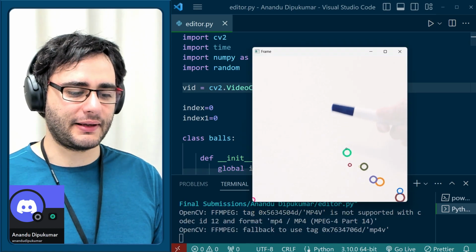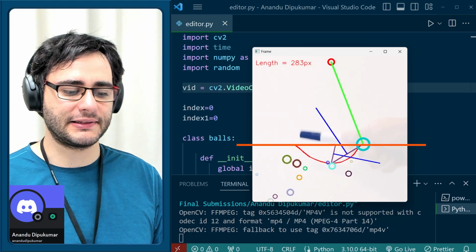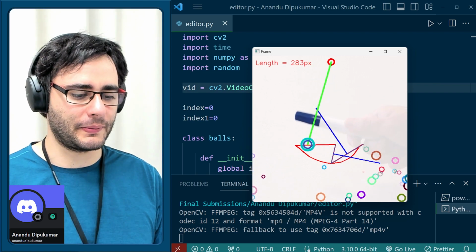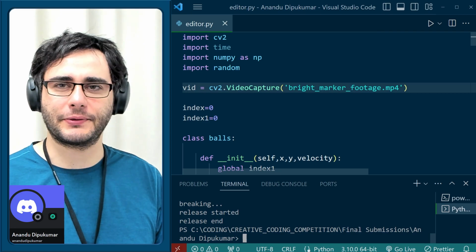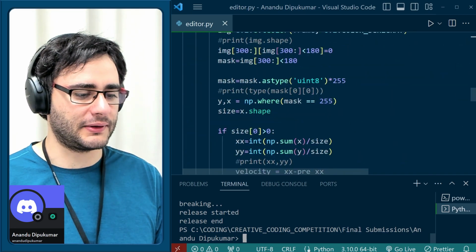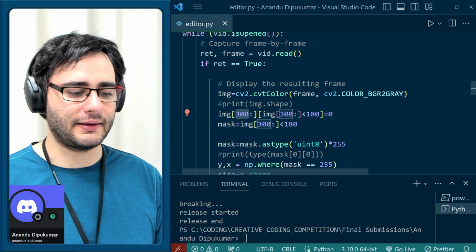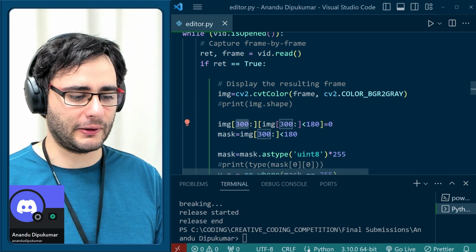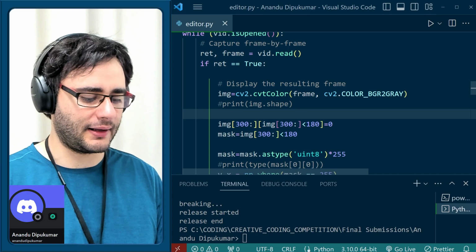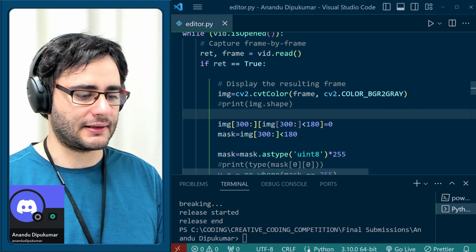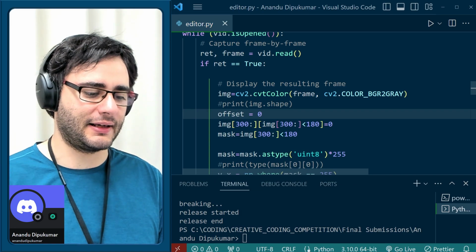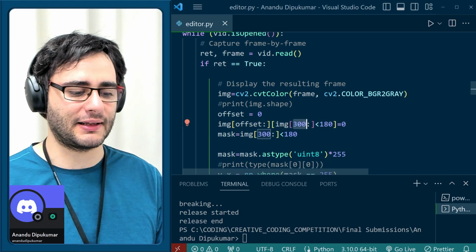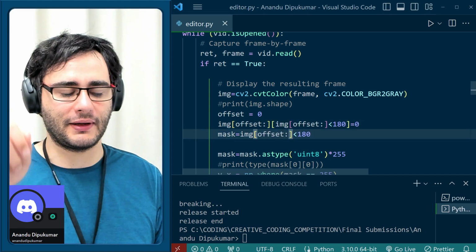it doesn't seem to detect anything above this line here. And that's because of a piece of code that I assume is for optimization to make this run more efficient. And I've noticed it here only looking at the end part of the image. So this 300 tends to appear a lot later on, and I think they all relate to the same thing. I'm just going to extract it as an offset, and I will just say that I want to look at this as 0, so that it considers the entire image this time, because my marker is moving on the whole